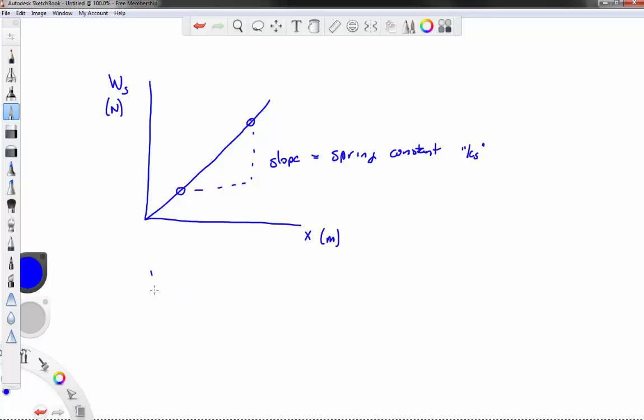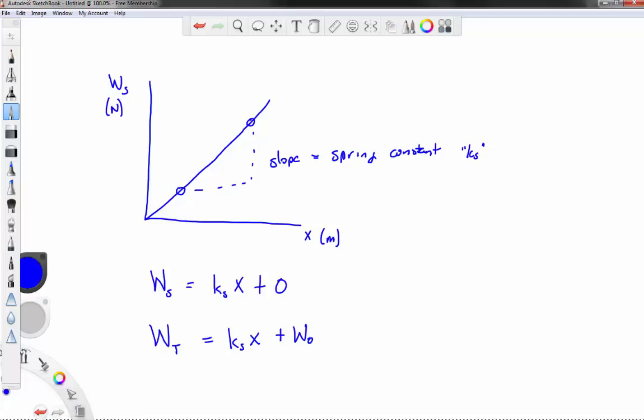And so the equation for this line basically says Ws is equal to Ks times X. Now there's more to it than this, of course. In fact, if you did the force that the spring itself is actually applying versus the stretch, you'd have to put a negative sign into this because of Newton's third law. But this is sufficient for us for now, and it should go through 0, 0, so it'd be plus 0. You could also put in total weight is Ks times X plus that amount of weight you had to hang to stretch it with. Either way,